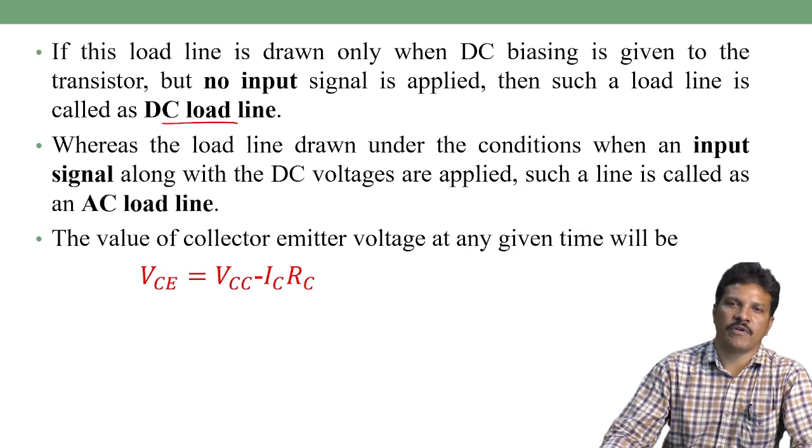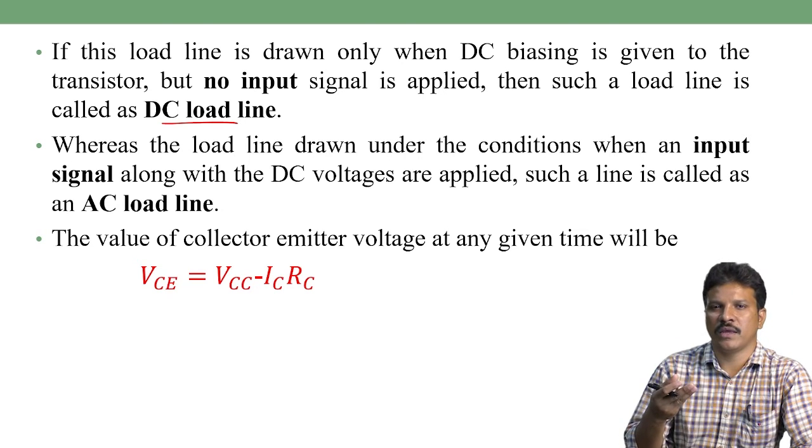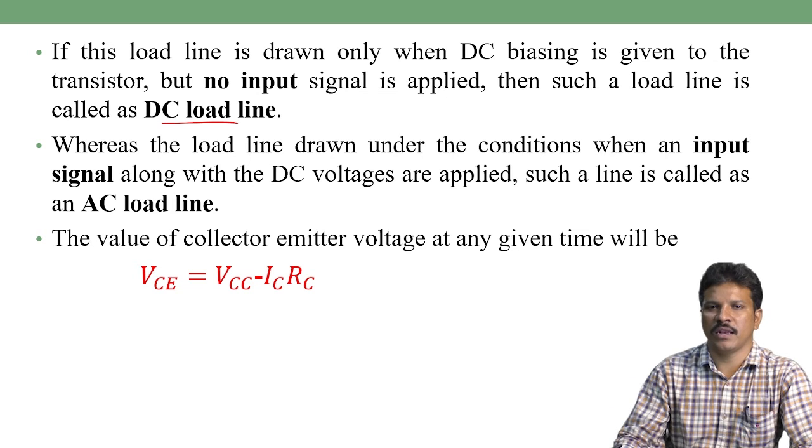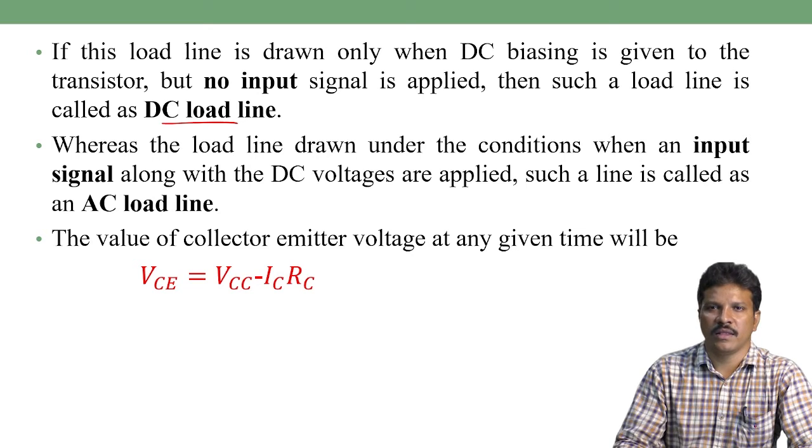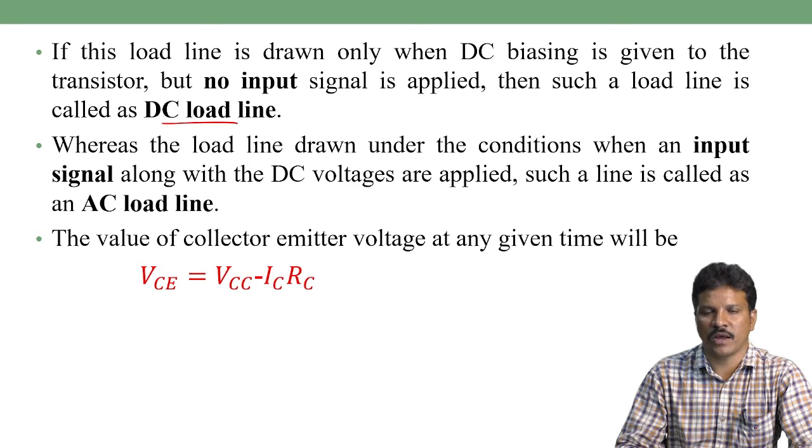So after providing the AC input signal, we can apply the conditions again, and we get the line superimposed on the output characteristics. That line is called the AC load line. Now mathematically, how do we get the extreme point on the y-axis and the extreme point on the x-axis and join them together to get the load line? From the output collector characteristics,